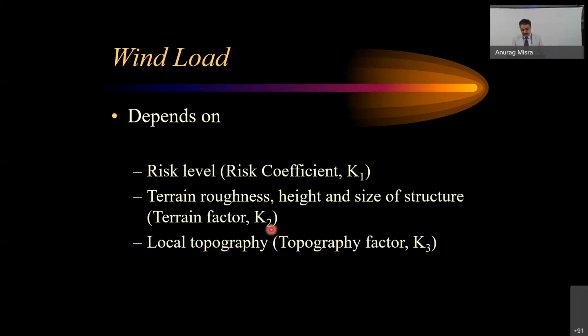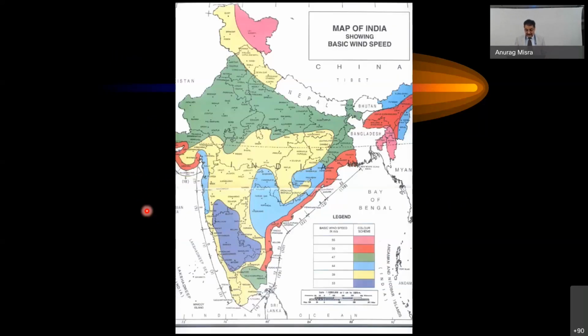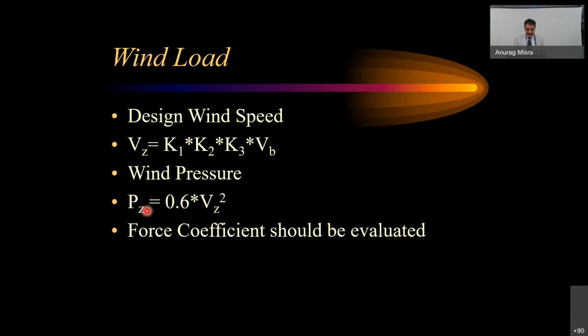Similarly, the terrain should be evaluated properly. That how are we going to have the different types of buildings around the structure, and what would be the effect of those on the structure. So just conceptualization has to be done, and we take the basic wind speed from the wind map of India, and then we calculate our design speed, wind pressure, and then very important that these force coefficients should be evaluated